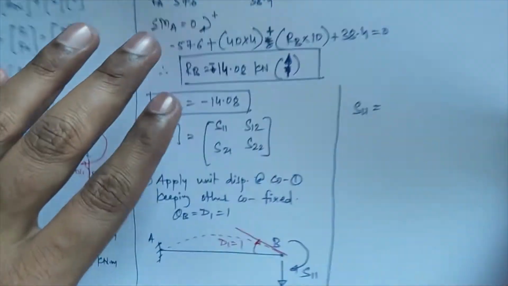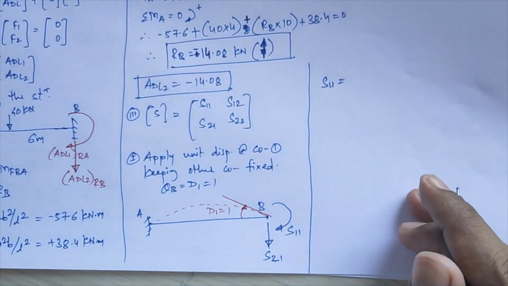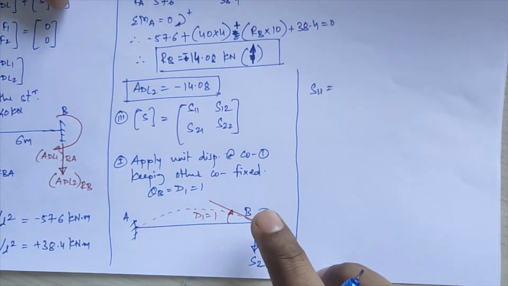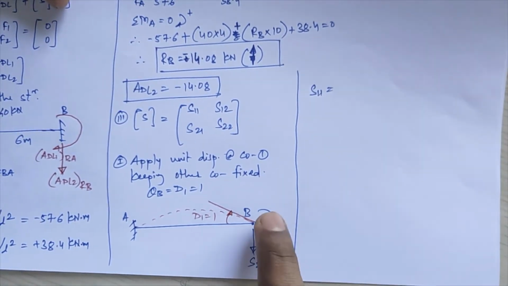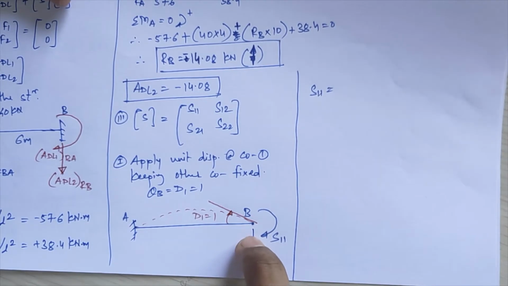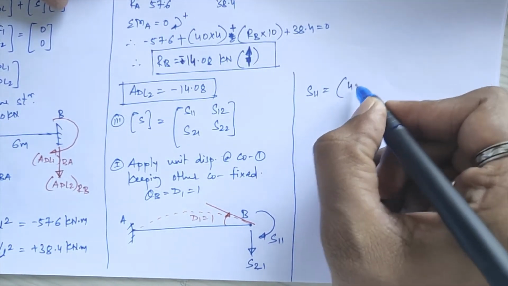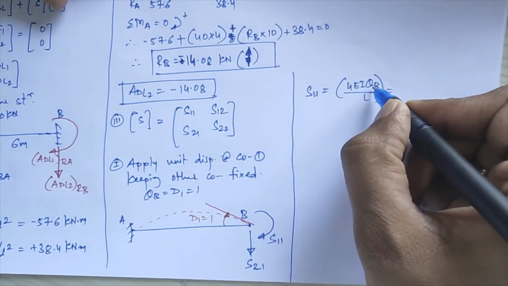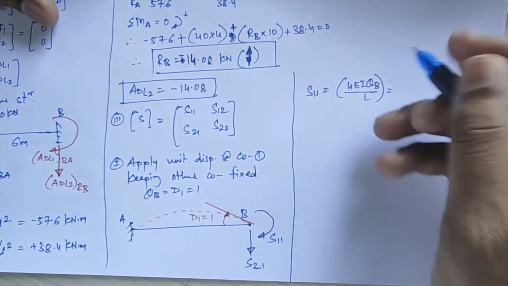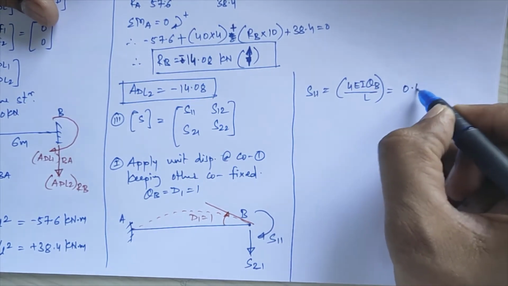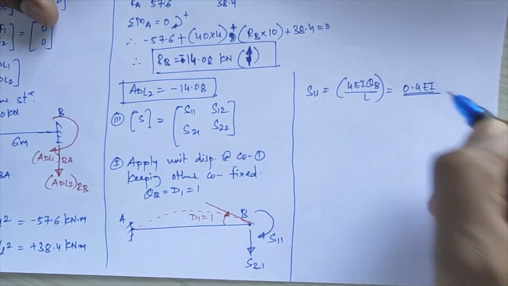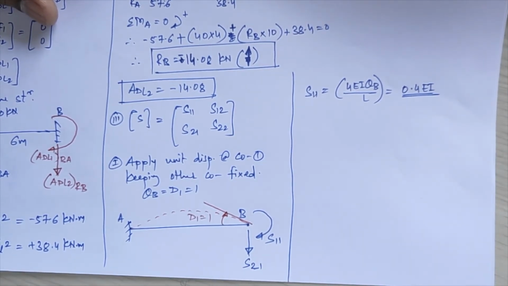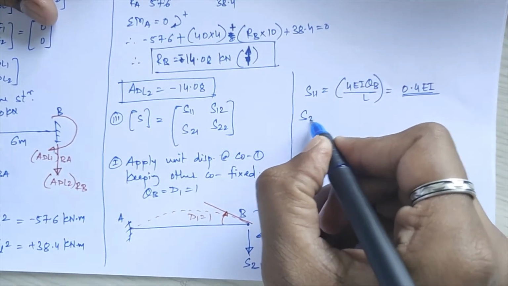Okay, so for the value of S of 11, if you see that you are applying the unit displacement at your point B, and corresponding to that S of 11 will be having a near end rotation, so that will become 4 EI theta B divided by L over there. Theta B is again 1, L is your 10, so 4 by 10 you will get equal to 0.4 times of EI. So S11 I am getting equal to 0.4 of EI. Now next I have to calculate the S of 21 value.